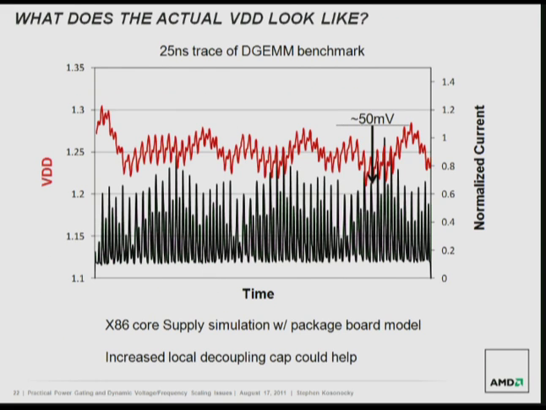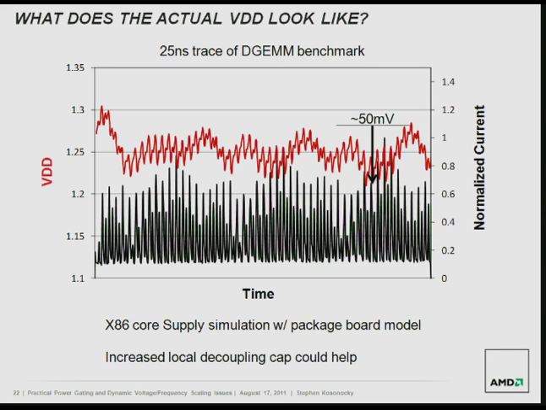What does that VDD actually look like on die? This is a simulation of an x86 core with a packaged board model here, running a DGEMM benchmark trace. There's a little bit of initial startup simulation noise that happens when you start the simulator up cold. The simulator tries to prime the inductors. So if you neglect the very first startup noise, you see about a 50 millivolt ripple